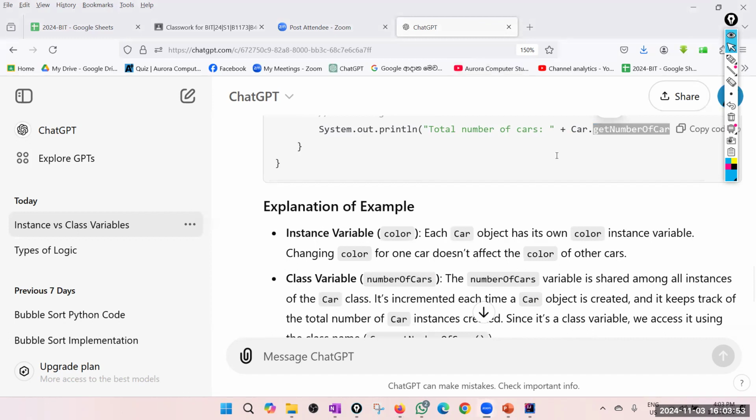In instance variables, can we assign same variable in different objects with different values? So the answer is, this is not possible because... Again, the question is not clear.